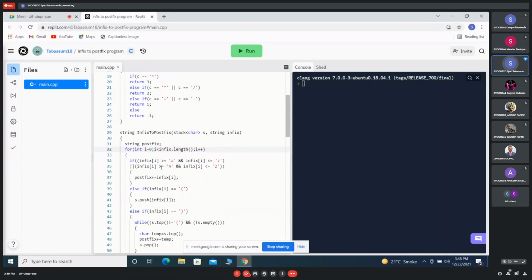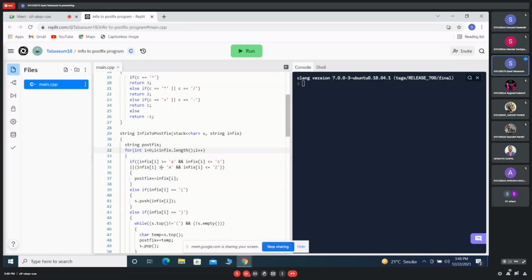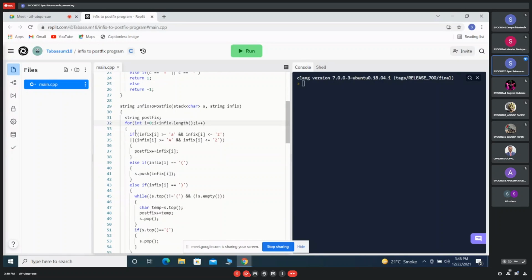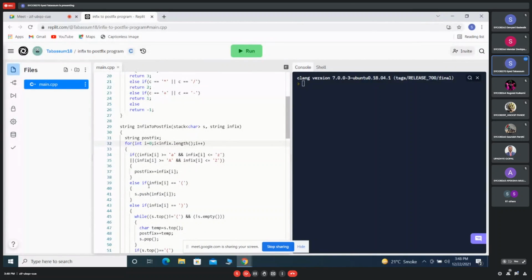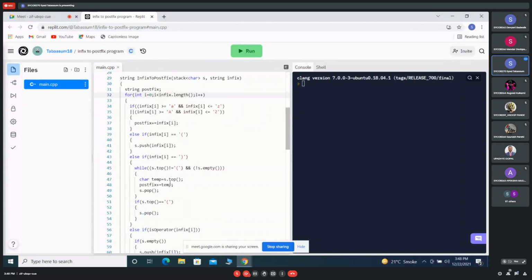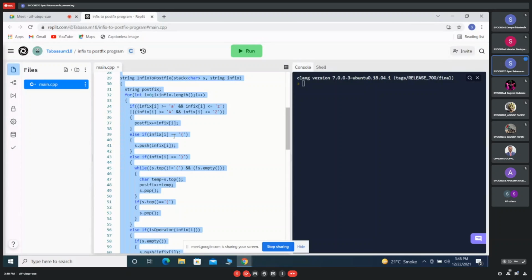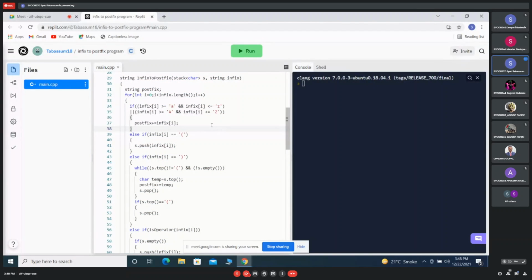Then I have used a for loop with if-else conditions, where we have used the precedence rule. The first preference goes to raise to, that is power. After power, multiplication and division have second preference. Then addition and subtraction.